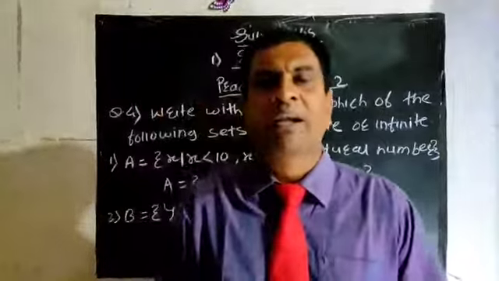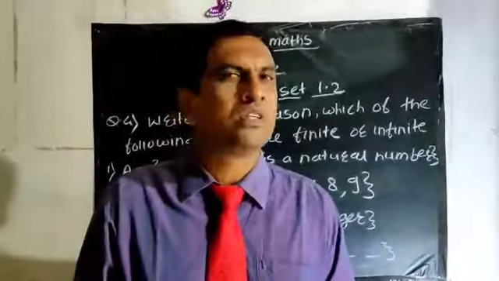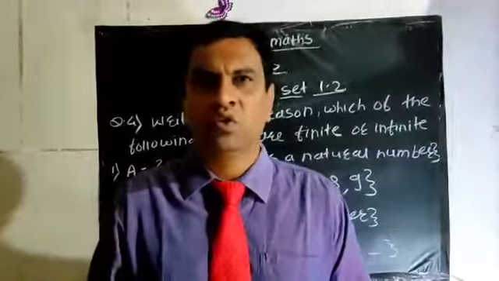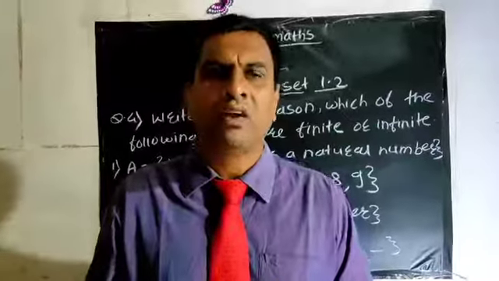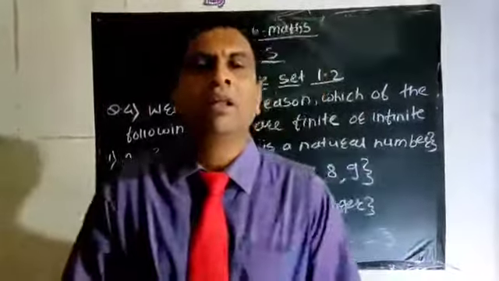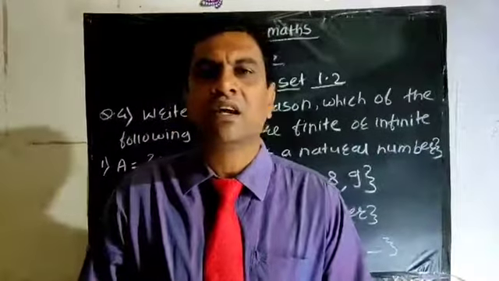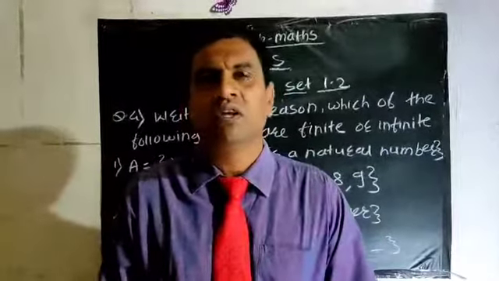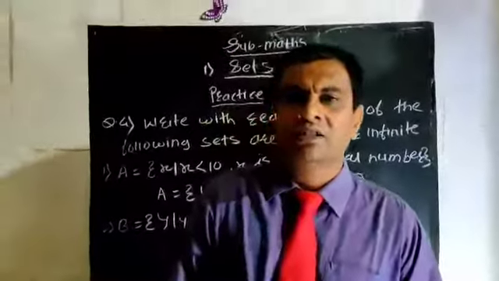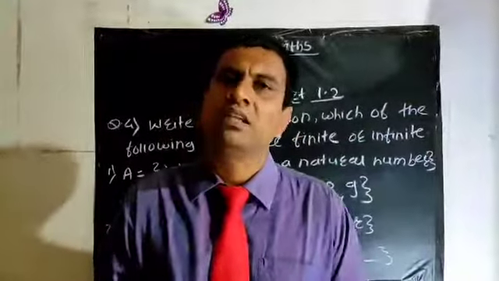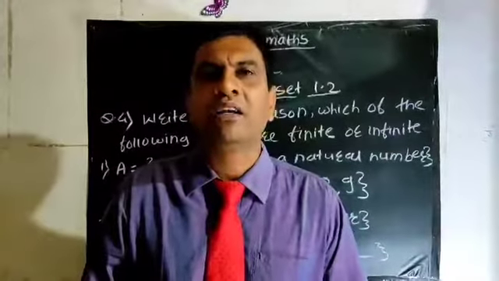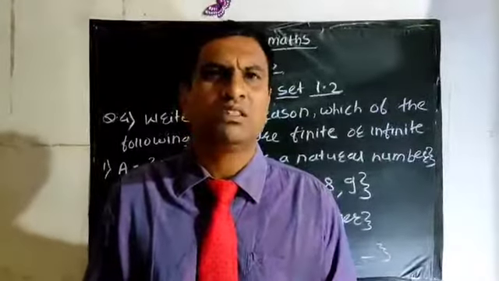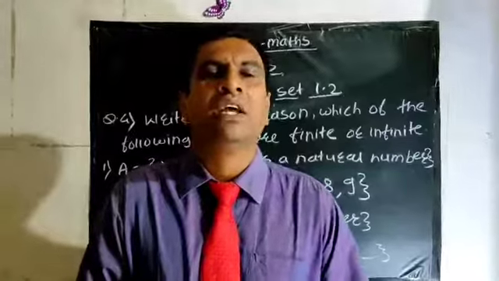Then the set of apparatus in a laboratory. In a school science laboratory, how many apparatus are there? This record is also available in the school, so we can count how many apparatus are available in our laboratory. So this set is called a finite set. Then next, the set of whole numbers. This is an infinite set, because no one knows how many whole numbers there are. And the last example, the set of rational numbers. This set is also an infinite set, because there are infinitely many rational numbers. Therefore, this set is called an infinite set.